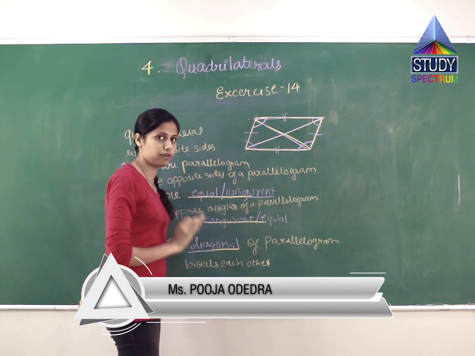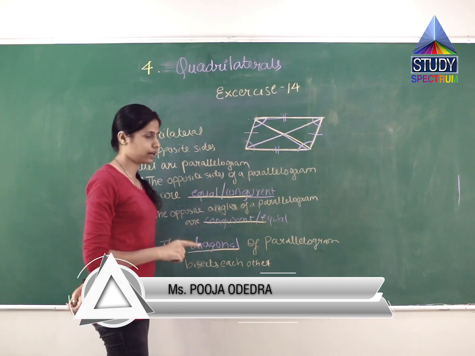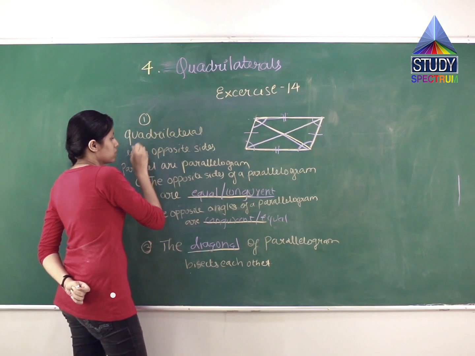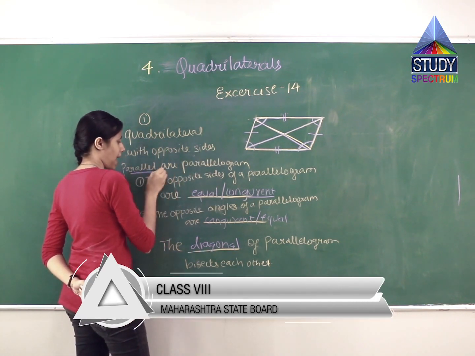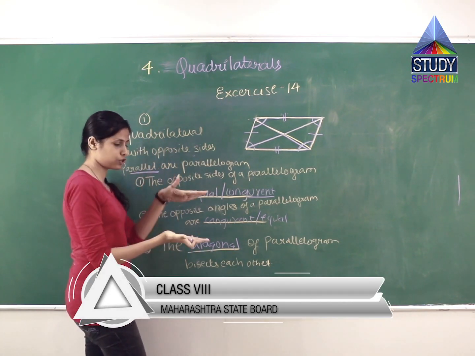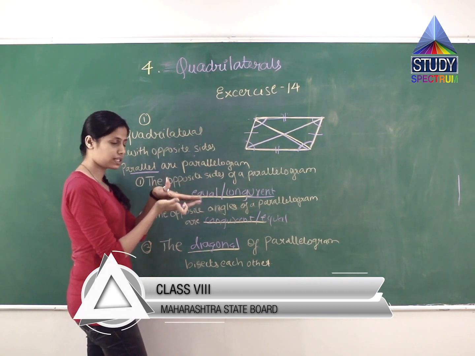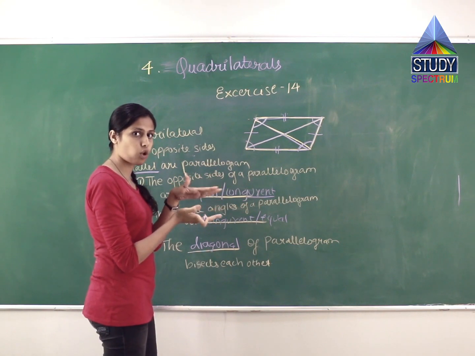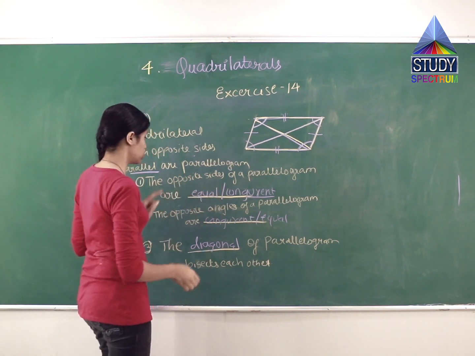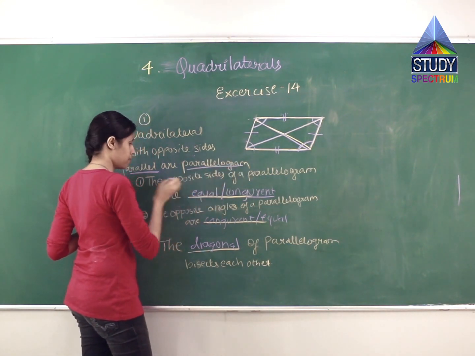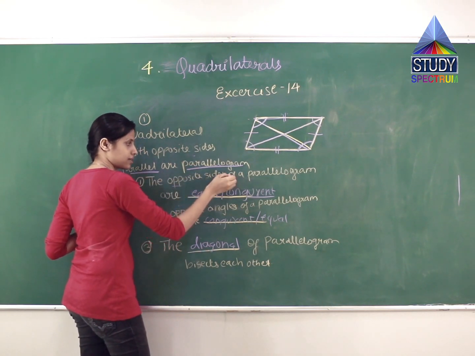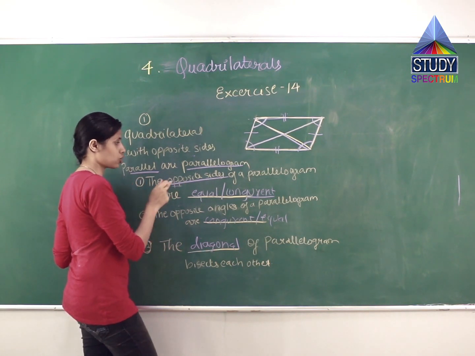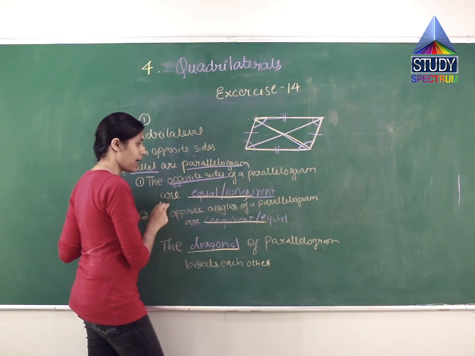Understanding all the features of parallelogram, let us repeat it again. What is the definition of a parallelogram? The opposite sides are parallel. Parallel means they are at equal distance from each other and should be similar to each other. The inclination, the slope of both the sides should be the same. So this is a parallelogram. The opposite sides are parallel to each other.